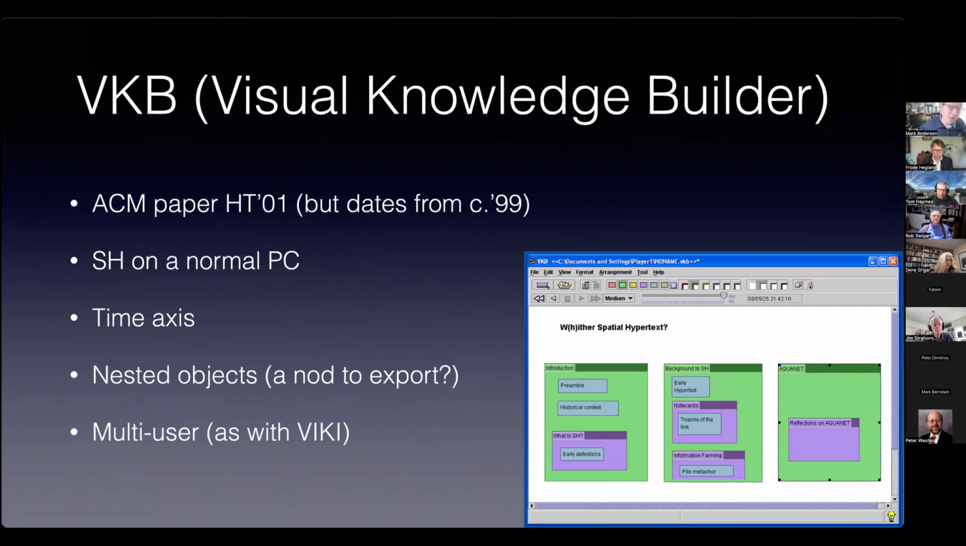Following on from VIKI, around the turn of the century, Frank Shipman had moved to Texas A&M by this stage, and he and his group worked on Visual Knowledge Builder. It was first shown at a conference in 2001, but seems to have started work about 1999. It was built in early Java. Sadly, most of the installers were lost. The only one we have is, in fact, for one of the very early versions, which is what's actually shown